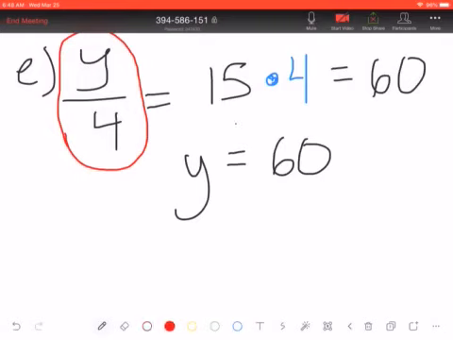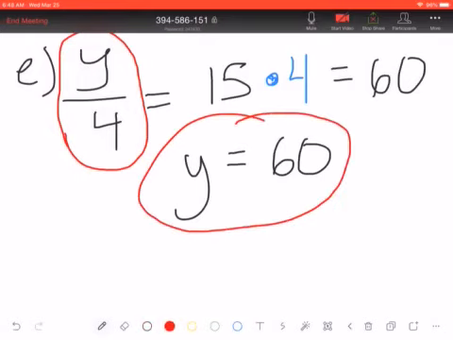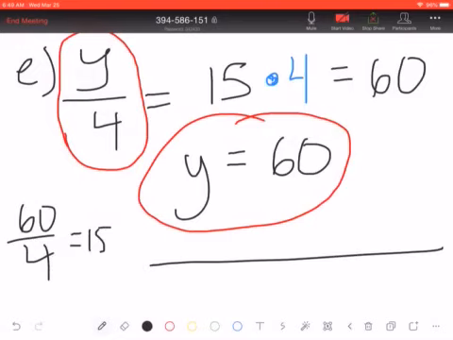And you can check that by just going back here, and instead of using Y, use 60. So 60 divided by 4, and we know that that is 15, so that makes that answer true. And we have to plot it, so we'll just go like this. 59, 60, 61, right? And 60, of course, is right there on